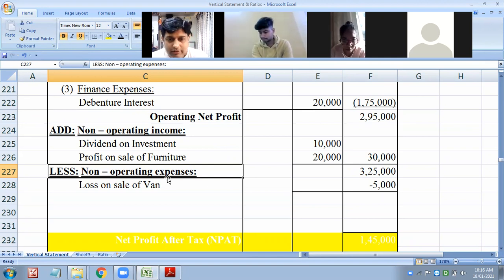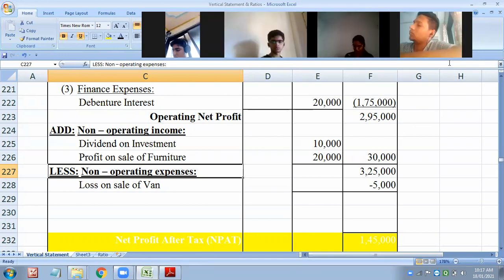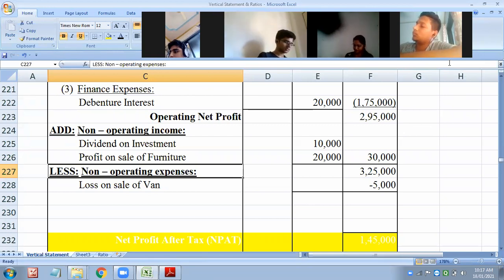Please take down fast. It's my request. Whatever questions we are doing today, after my lecture, please practice in the afternoon. There are plenty of such questions in your book. The more you practice, the clearer your base will be. And I hope you now understand the importance of this learning, what is going on in your class, under the nomenclature of management accounting.